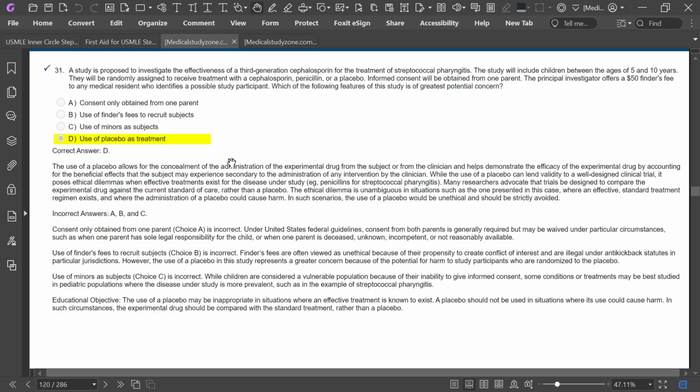However, the use of placebo in this study represents a greater concern because of potential harm to